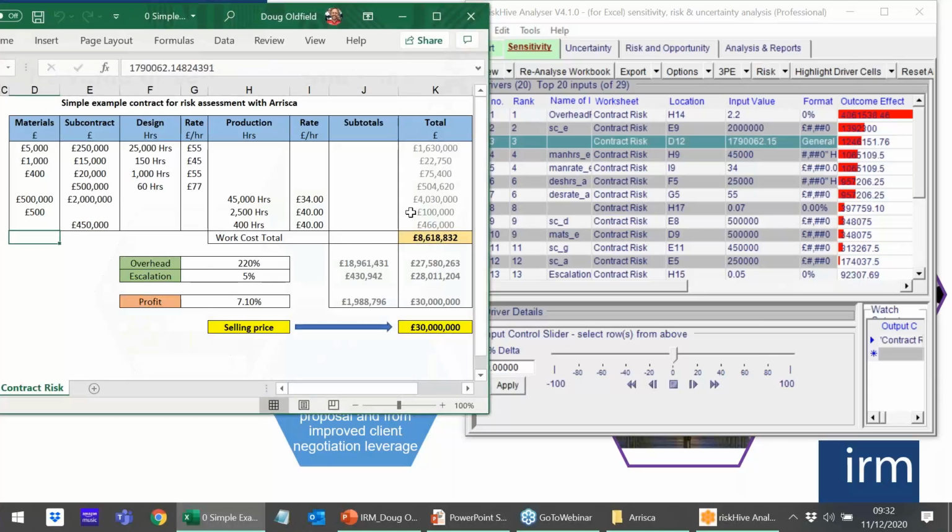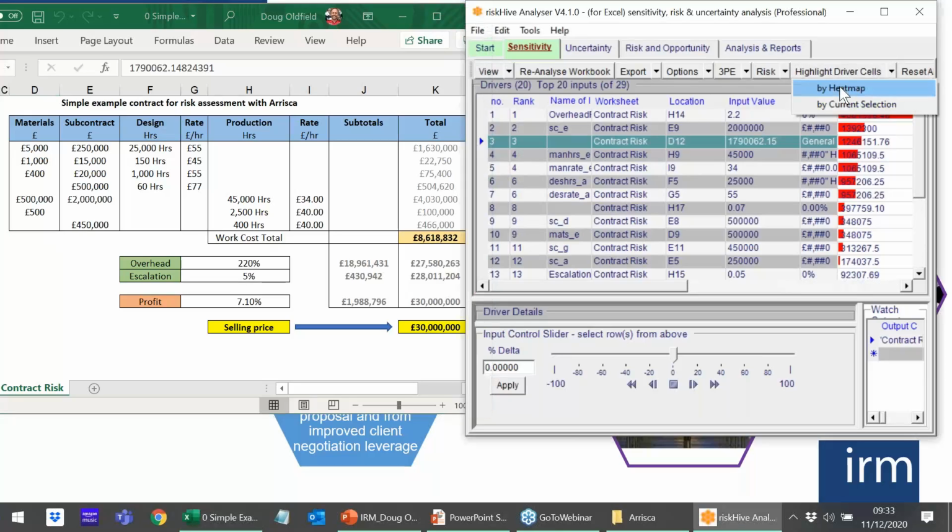And one of the things that we do for the Ministry of Defence is that whenever a bid comes in, and it could be anything from boots to battleships, they're all priced in Excel by the bidding companies. What the MOD do is run this with all the bids that are submitted in order to see what the key drivers are. And the next step they do is something that can be done manually, although it's much quicker to use a tool like this, which is to then highlight the driver cells.